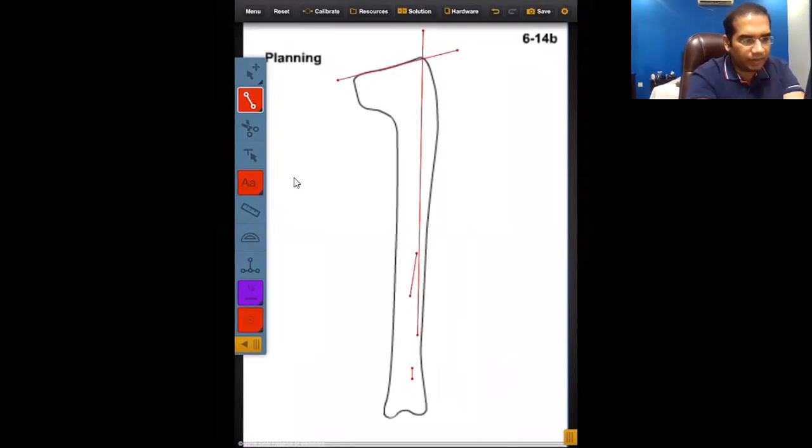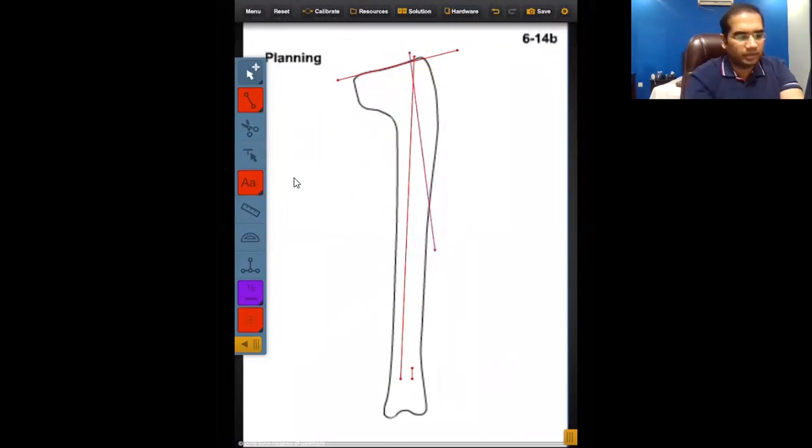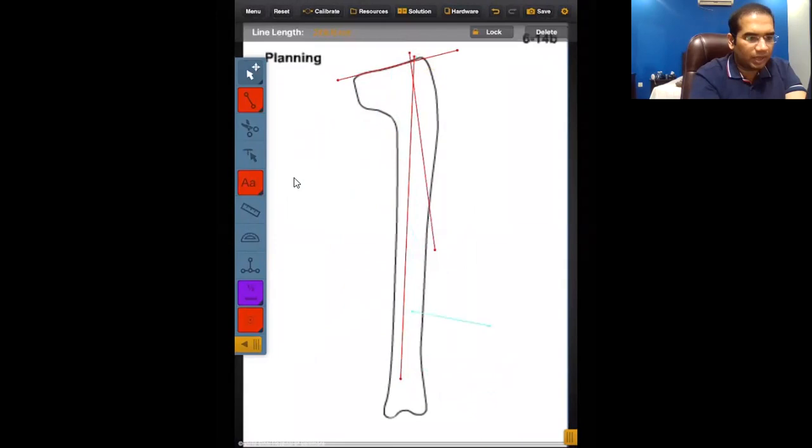Just to give you an idea, maybe I'm not trying to draw the lines perfectly. Let's assume that this line would have crossed over here. Okay, I think this is your question. This line has crossed over here, and there you go. Now you cannot do an osteotomy so close to the joint, and you all know this is the area of the tibial tuberosity. So what can I do now?